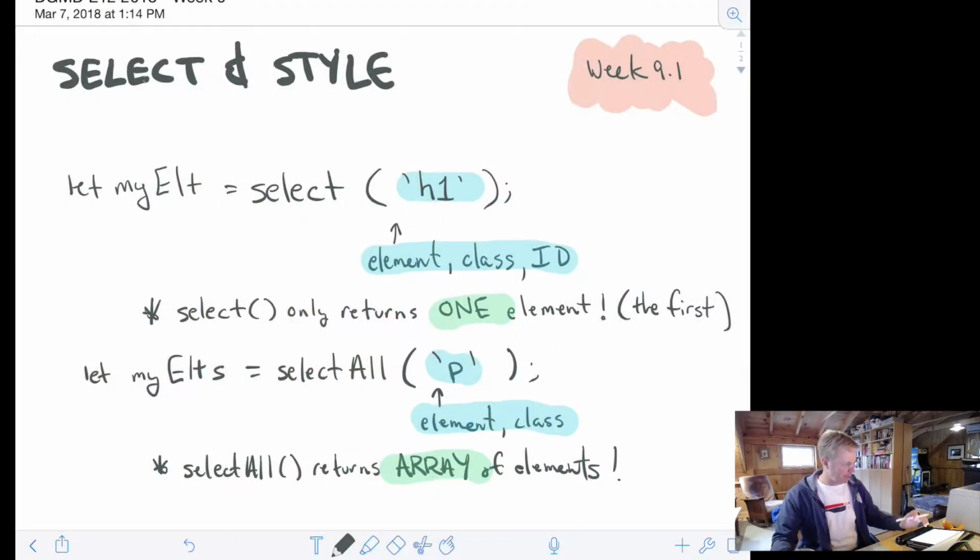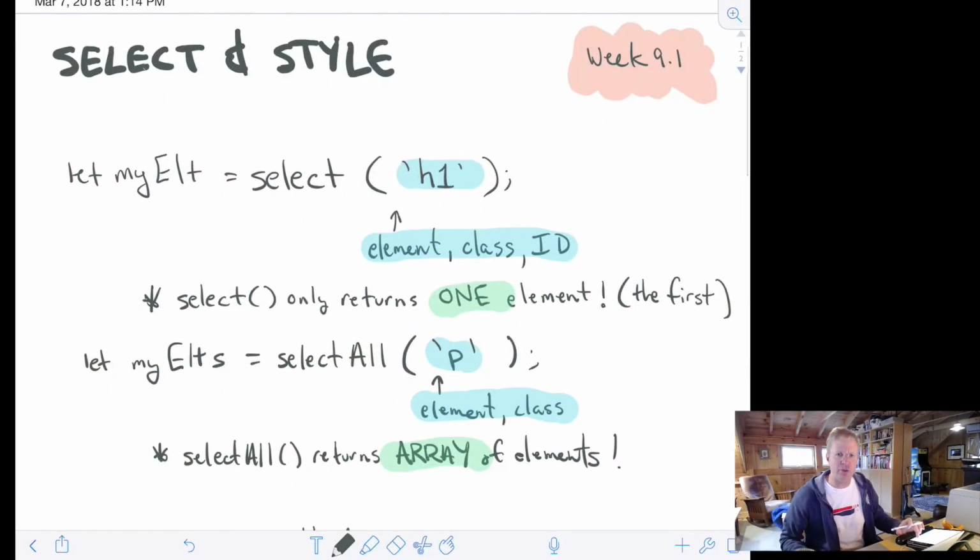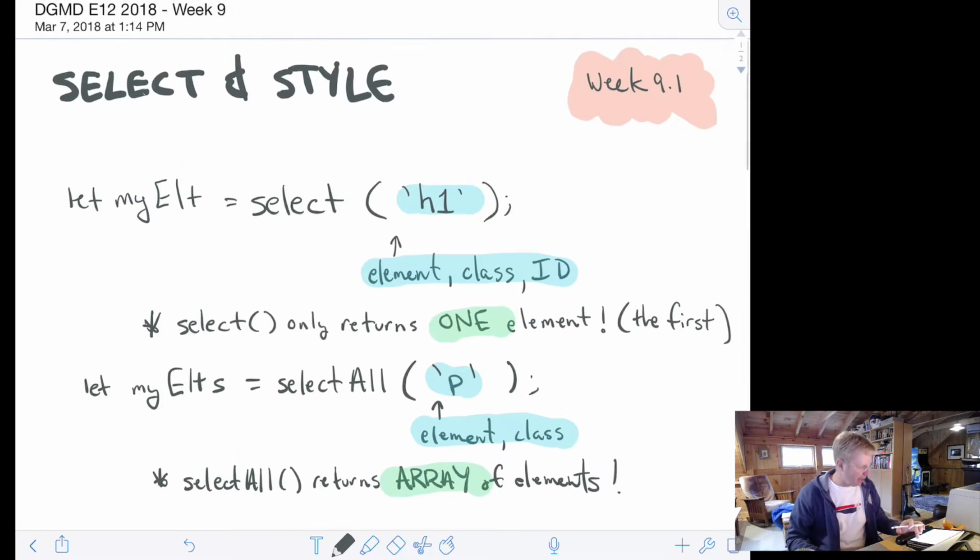Originally, we had planned to make DOM just one big giant week, but I think that it's probably better, considering that we have been cranking at a bit of a breakneck pace, to just take it a little bit slow. So hopefully last week was digestible, and this week we'll try to keep it also pretty easy to digest. So with that, let's go over to the whiteboard, and I will introduce you to a couple of new functions